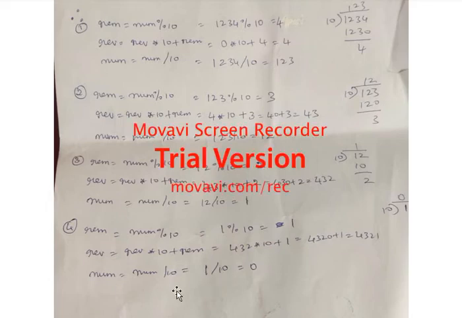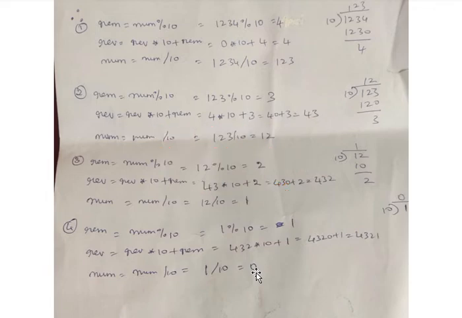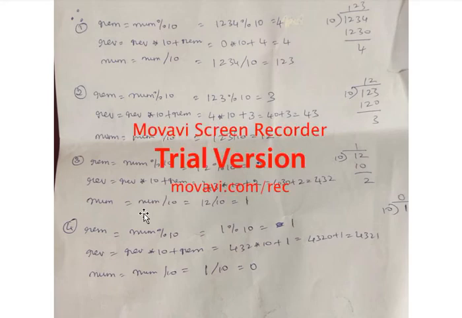And the number is what? Number divided by 10. Here it will become 0. So now we don't have the next step to do because the number became 0, right? So we can write one condition: until it is not equal to 0. So you can see here, these are the 3 steps which we are repeating many times, right? These are 3 steps in order to reach the reverse number.